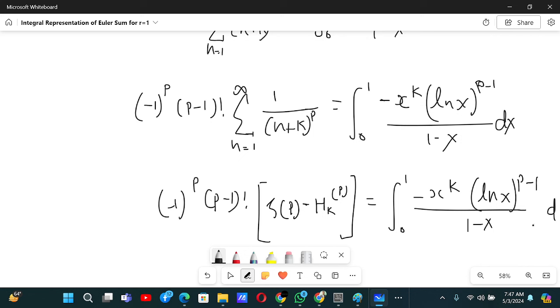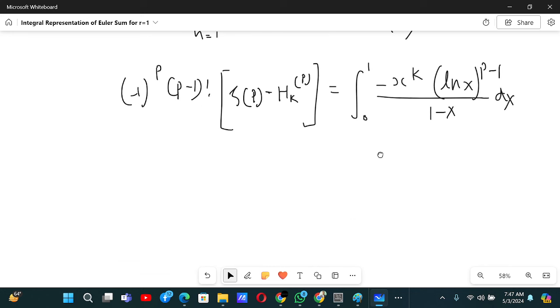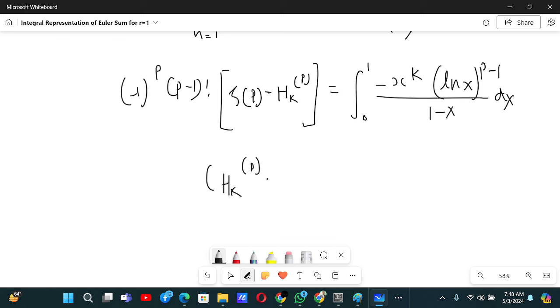Yes, dx. So what would be our next task? Basically, since we want to separate H_k to the power p, we can take this minus sign and multiply it over here so that the order of them is changed, and after that take this to the other side and divide it. Yeah, so we get H_k to the order of p minus Riemann zeta of p is basically